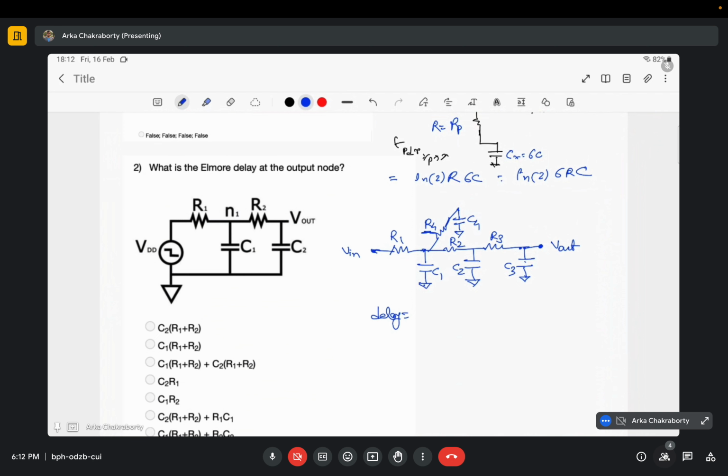So not all resistors contribute to the net delay, but all capacitors will. How we can remember this is, see, this C4 is present here. If I remove this R4, what basically happens, this C4 basically becomes